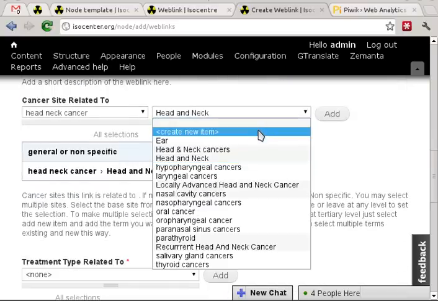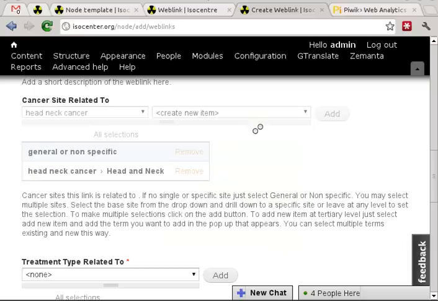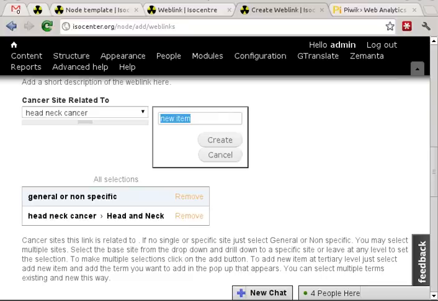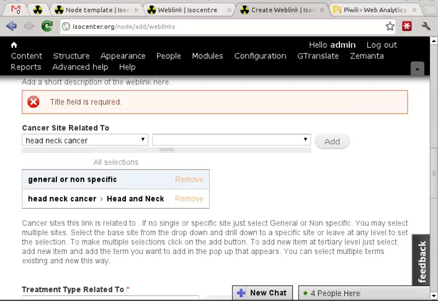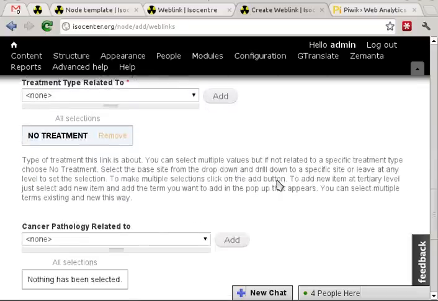Normally you can also create a new item, so if you want to add something new in this list, you can click it over here and it will allow you to create this new item. Again, remember that because of the nature of the complexity of this tagging system, it is slightly more complex, but you can create anything. I will just make sure that I cancel so that unnecessary tags are not created. Make sure that you fill up all of these fields.